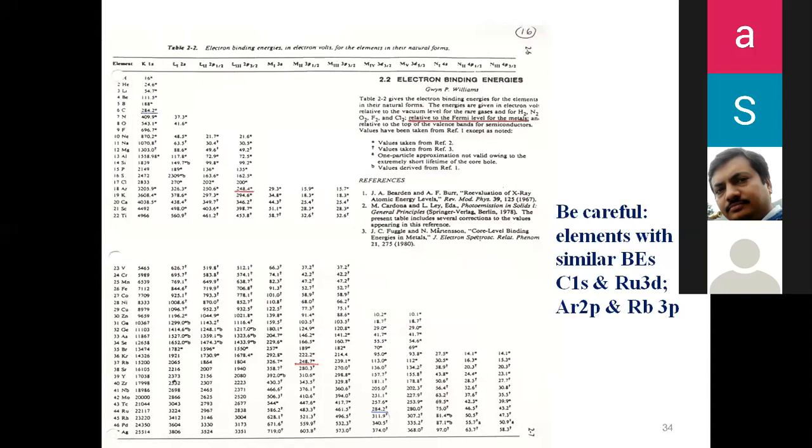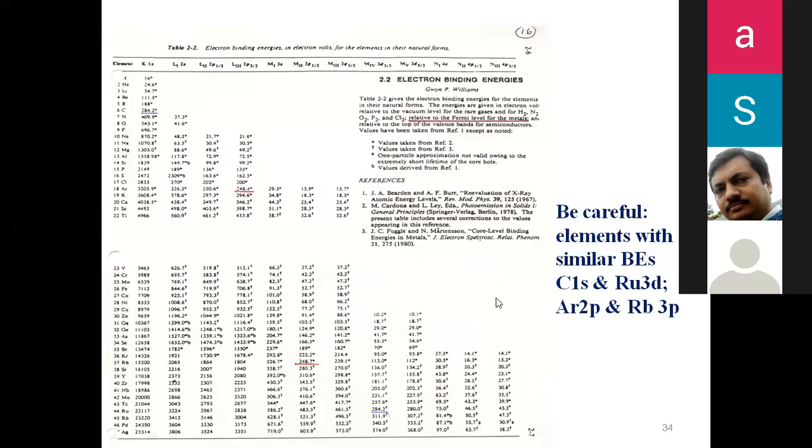For a particular peak in an XPS spectrum, you can check the energy in this table to identify which element it is for, and also identify the core level of the element. All values are given in electron volt units in this table. However, for a few elements, core levels are going to overlap in the XPS spectrum because of slightly similar binding energy.